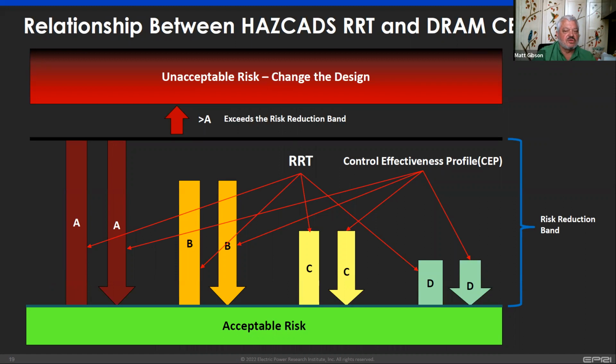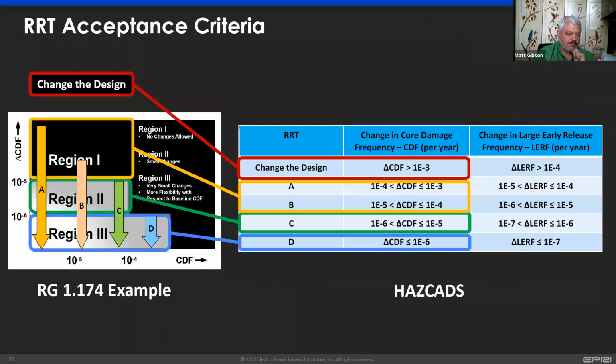Different diagram shows you that there's a risk reduction band, and you can actually create a bad design that's outside that risk reduction band. We require you to do something about that before you apply your normal design features to it. Now, we don't use Reg Guide 1.174 as a thing, because, again, we're regulatory agnostic, but we did